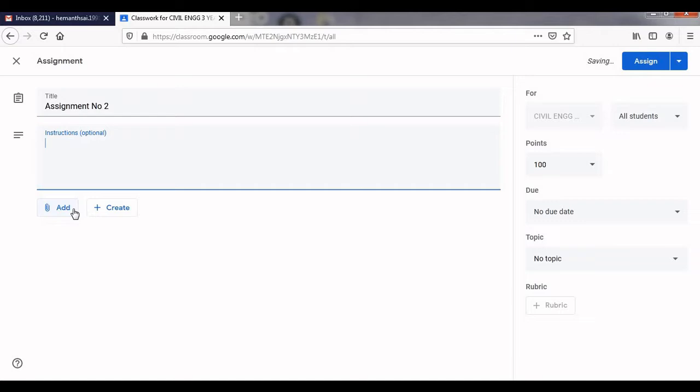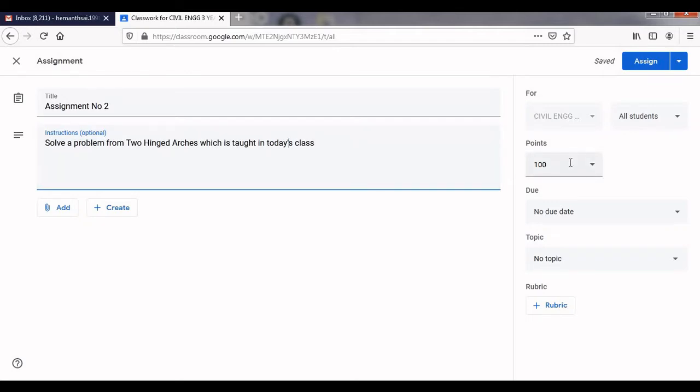Yes, let me add: solve a problem from 2-hinge arches, which is taught in today's class. Yes, without adding any attachment here, I am just giving the assignment as an instruction.